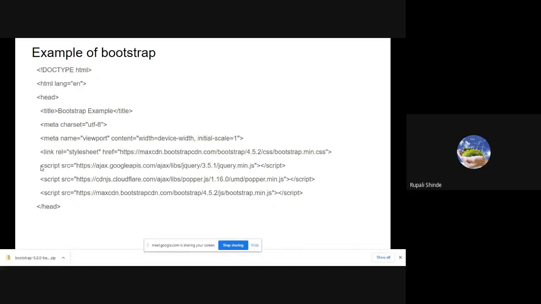Are you getting it? It is the important part related to online Bootstrap, where we have to include the cascading style sheet which is readymade and available online in your web application.